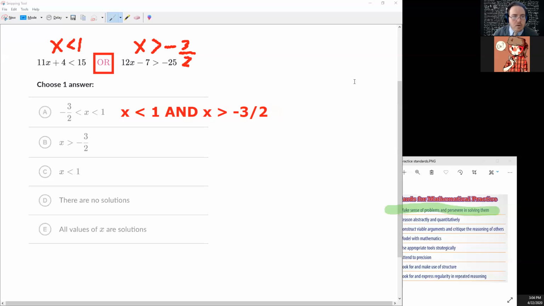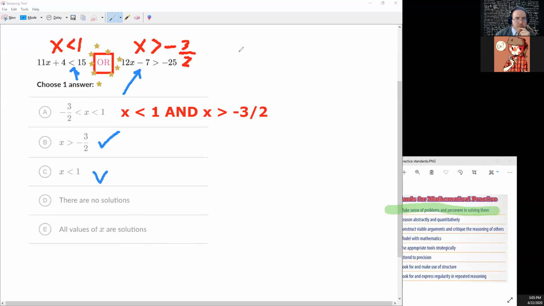I'm sorry, x is less than 1 and x is greater than -3/2. That is not what the problem said. Yes, we saw that both were true because these inequalities do come out, but the word "or" is really going to make the difference here. So because it says "or,"